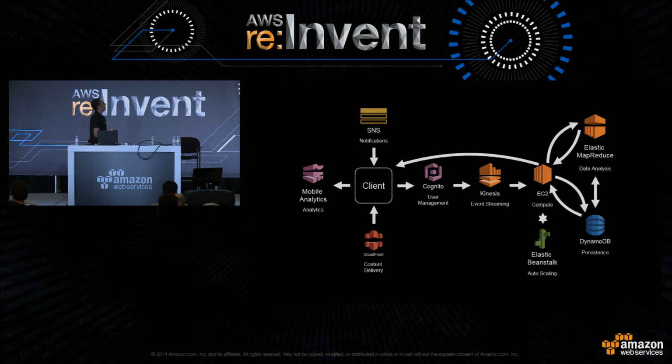But at the end, this is kind of the canonical architecture for the second screen applications. It's a bit generalized, but you can also recognize the architecture of Magazine Luiza. So you have the client, the mobile device, which is going to receive the content via CloudFront, right? On the top, you see that you're going to receive push notifications via SNS. The authentication will be done via Cognito. The stream analysis of the data, you can do with Kinesis.